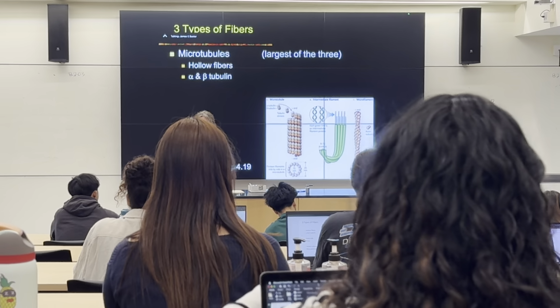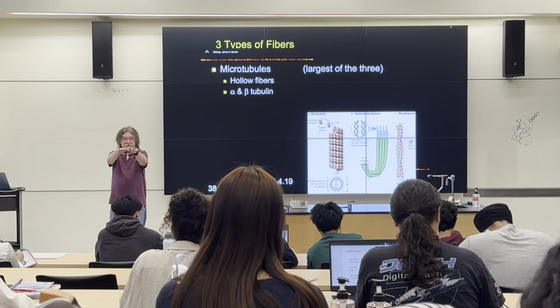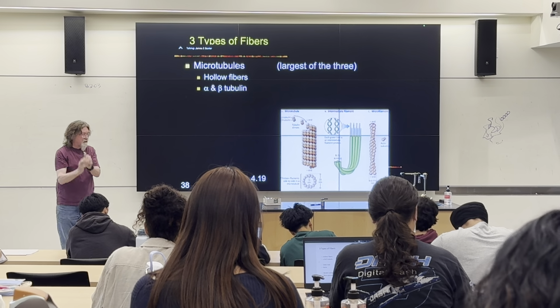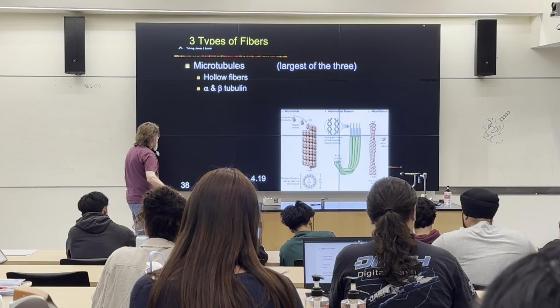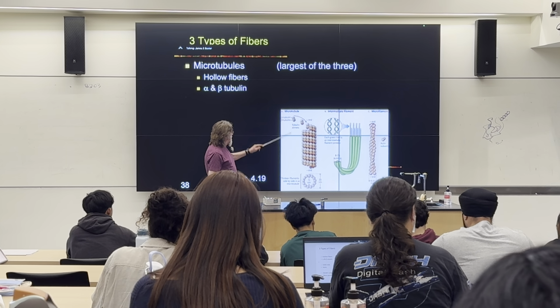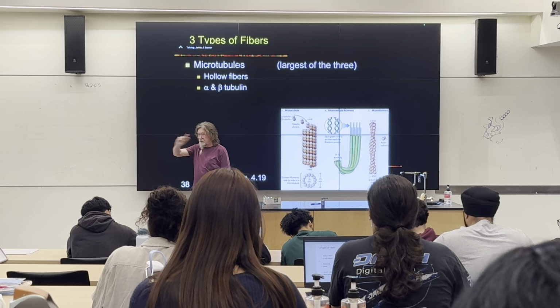So first of all, when these things line up, 13 filaments as a sheet, when they first start forming, then the edges come together to form a tube, all right? And then they grow from one end as two dimers, an alpha tubulin and a beta tubulin. These are two different proteins. They come from two different